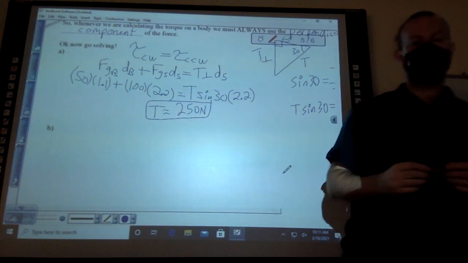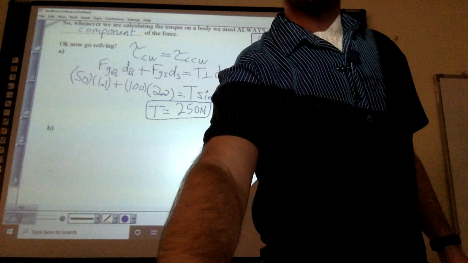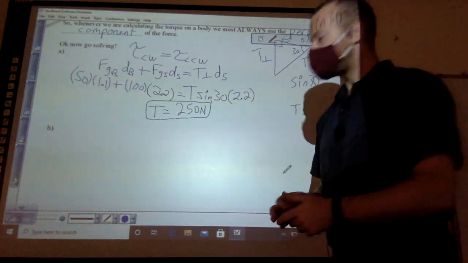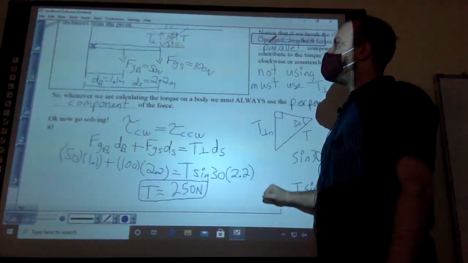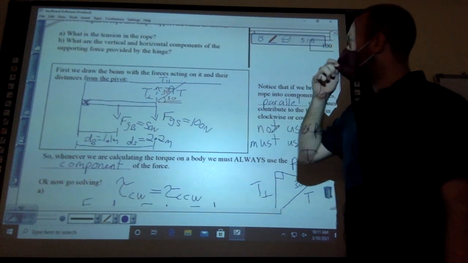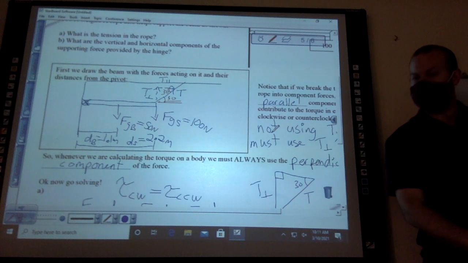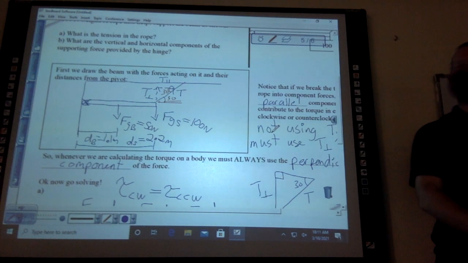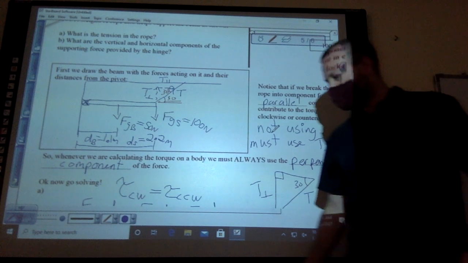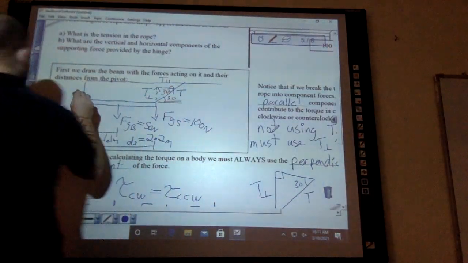You'll do enough practice problems, you'll get lots of practice with doing this. All right, so part B is asking what are the vertical and horizontal components of the supporting force on the hinge. So we strategically chose this point as our pivot